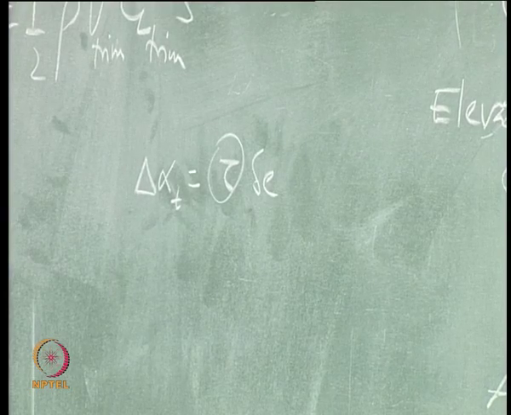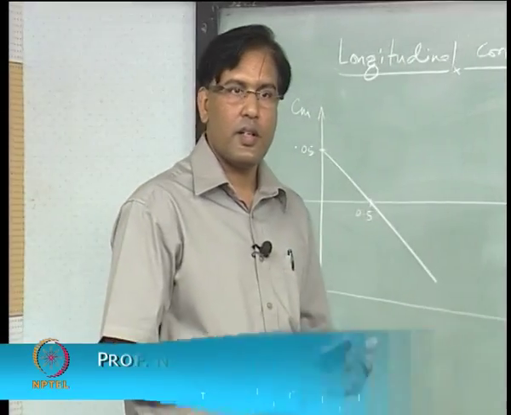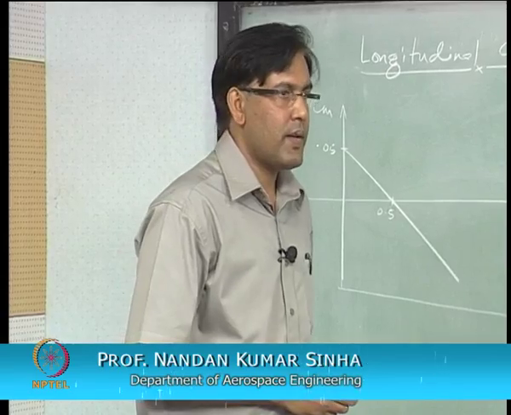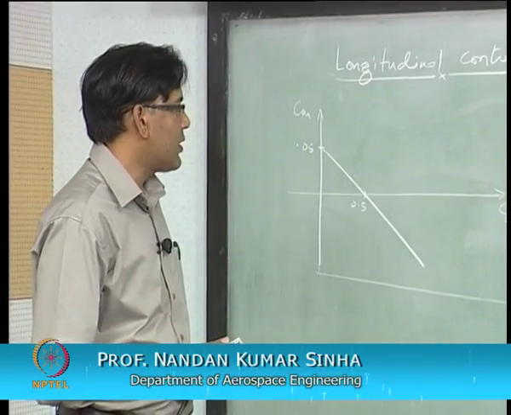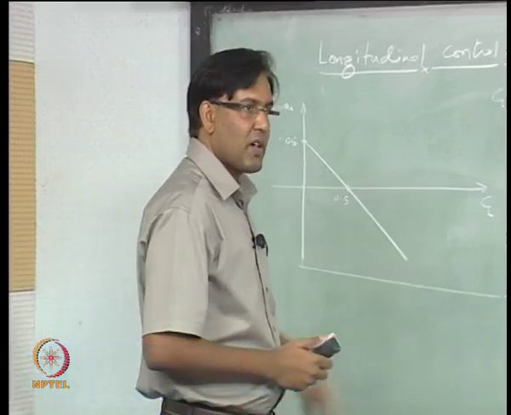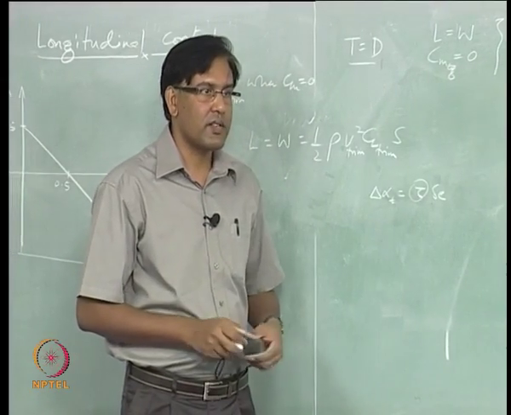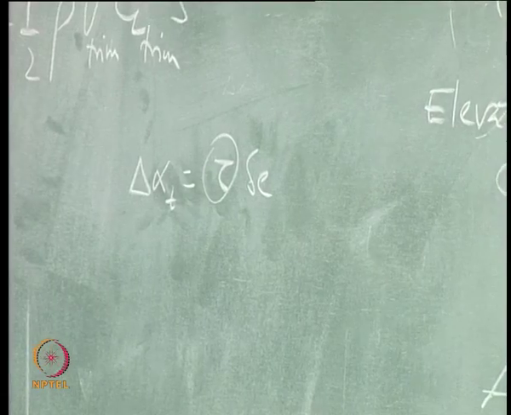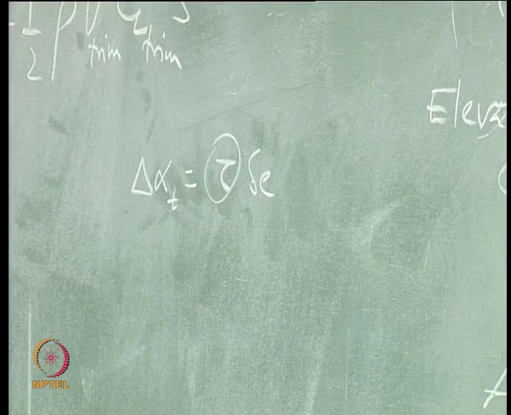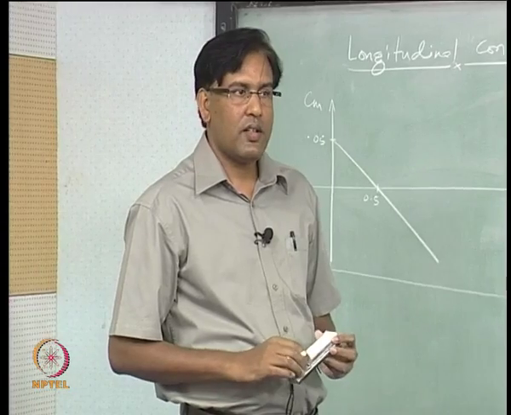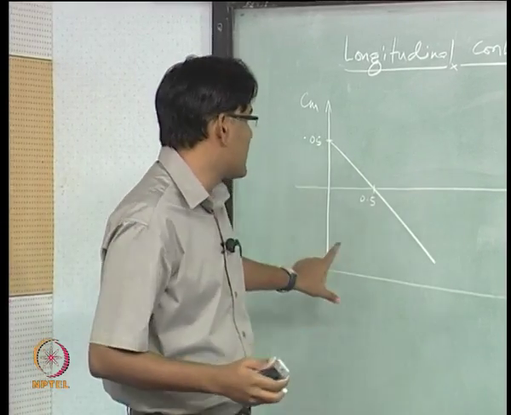So, any question? Yeah, I am going to talk about that. Okay. I am going to talk about how you get this down. We will come back to this in the next